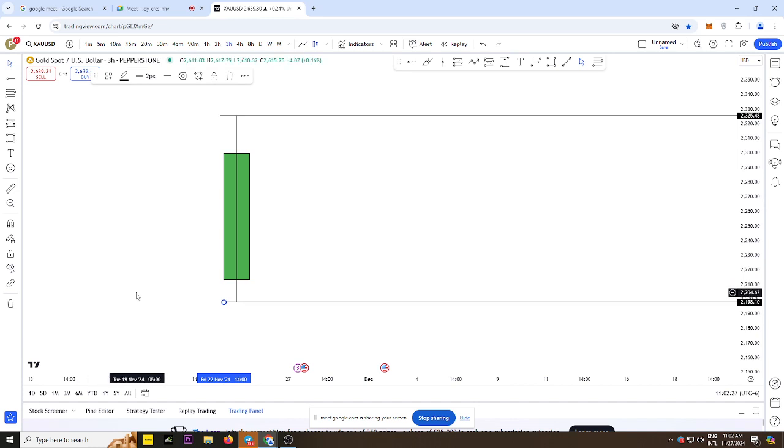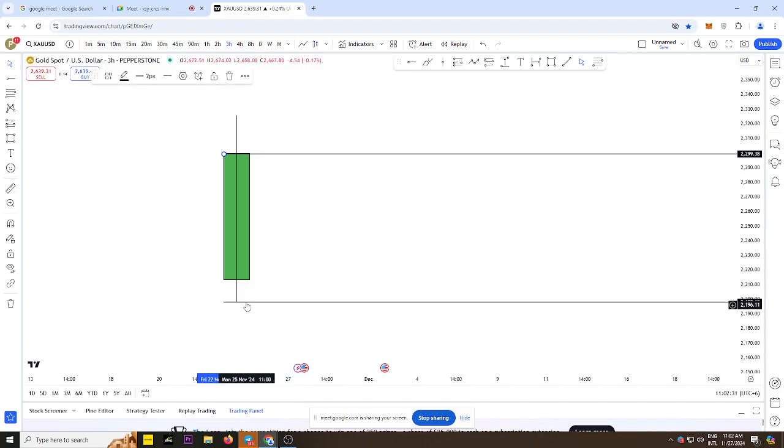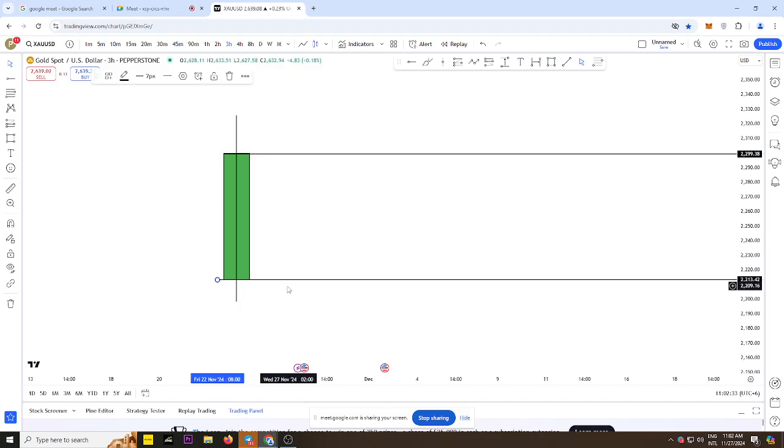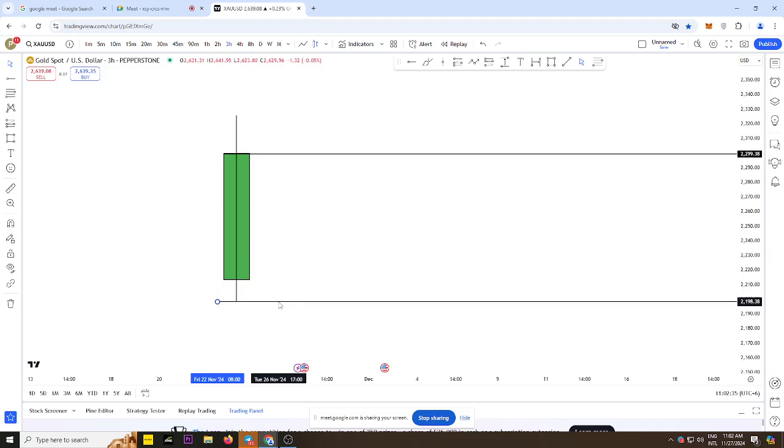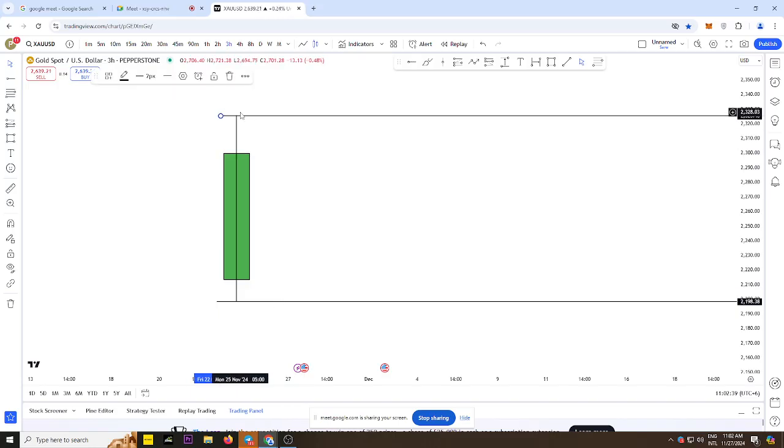doesn't matter whether it is a green candle or a red candle, we are not going to mark the body. We are going to mark the wick, or the shadow's high and the shadow's low. Means we are going to mark the high and low of any particular candle, whatever we see the first time. Okay, now we are shifting to the very first thing I said: everything in the chart is a